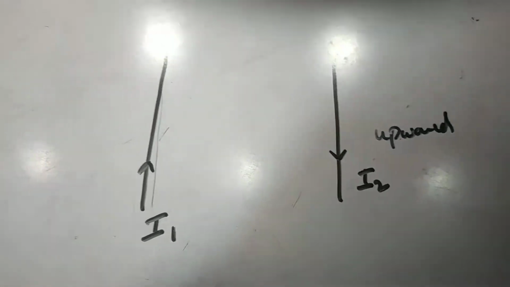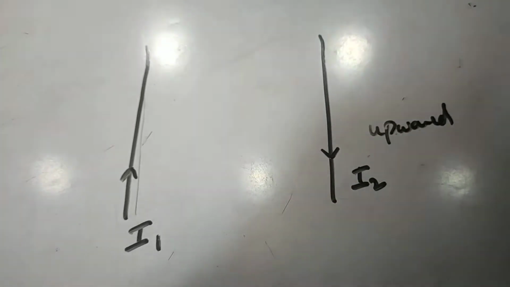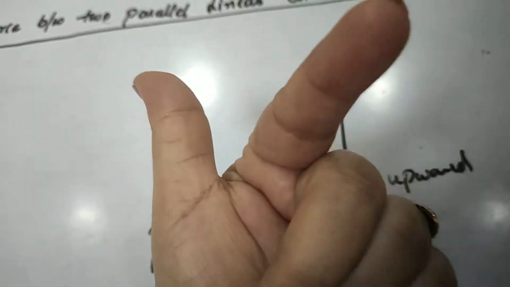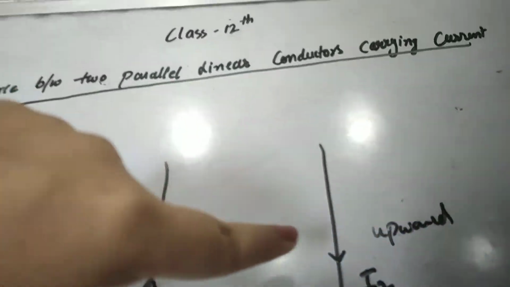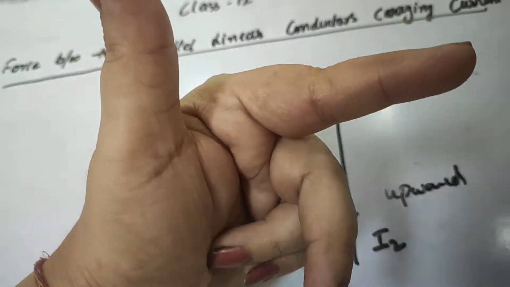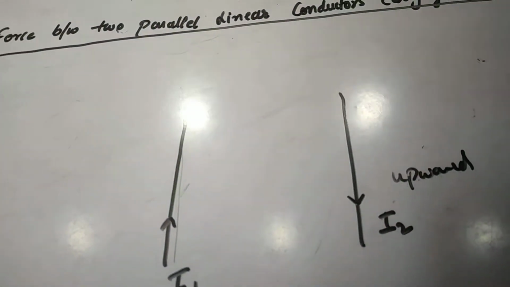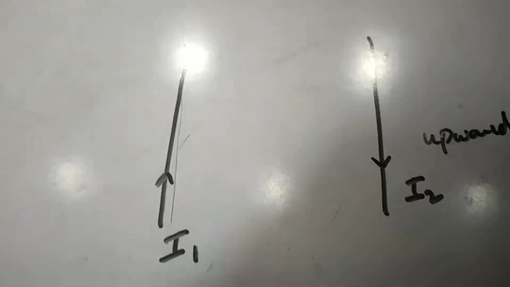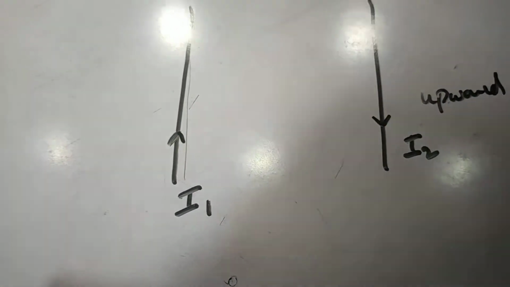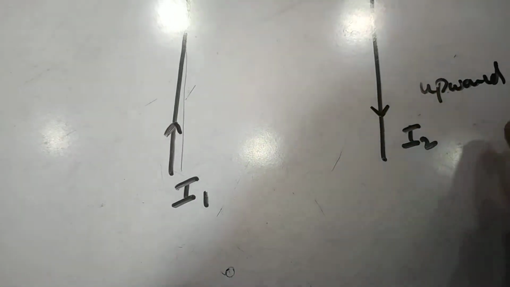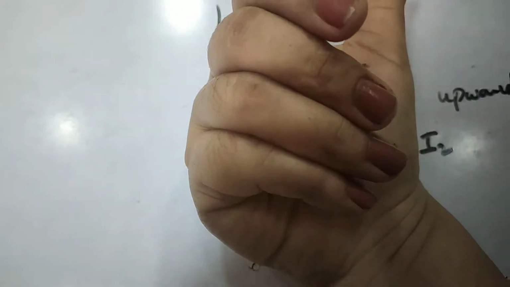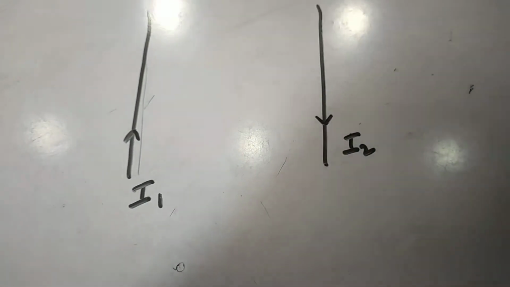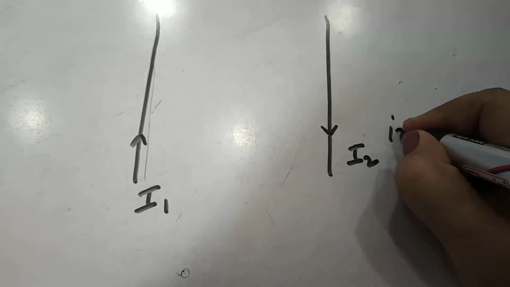Now what will we apply? We will apply our left hand rule. See, this is the magnetic field, the velocity is going downward, and so we'll point it. Let us try to find out. Okay, there is a certain mistake here. You can see we have to apply the right hand rule, not the left hand rule. First we apply the right hand rule to find the direction of magnetic field. If we point it, the curl goes inward, so the direction of magnetic field at this point will be inward, so we'll write here inward.